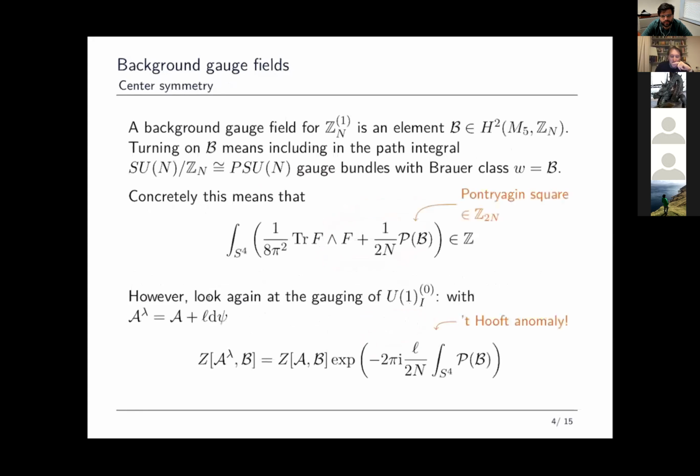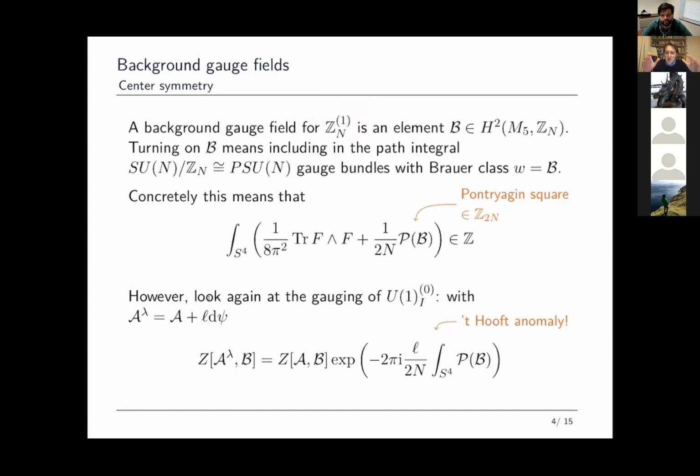Now, a different story happens when we turn on a background gauge field for the center one-form symmetry. Turning on a background gauge field for the Zn one-form symmetry means including in the path integral gauge configurations for the quotient group PSU(N) with Brouwer class fixed to be equal to the gauge field B. The Brouwer class of a